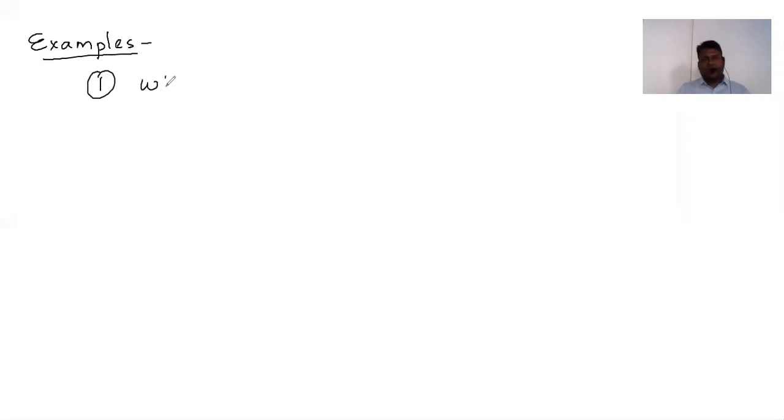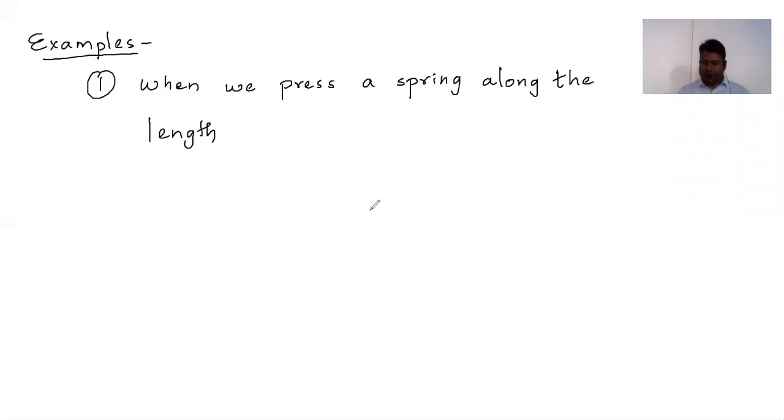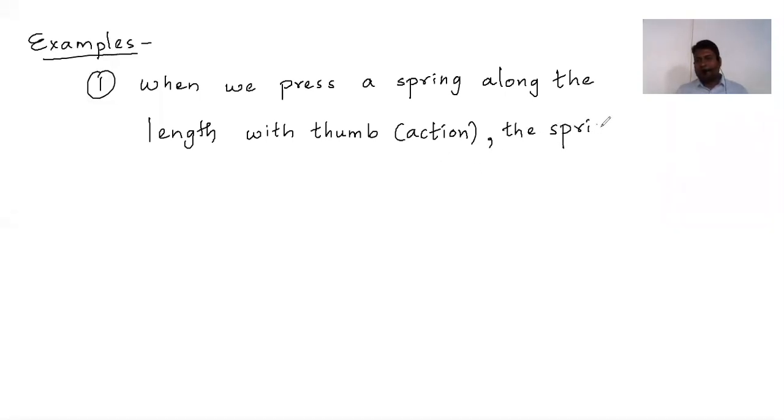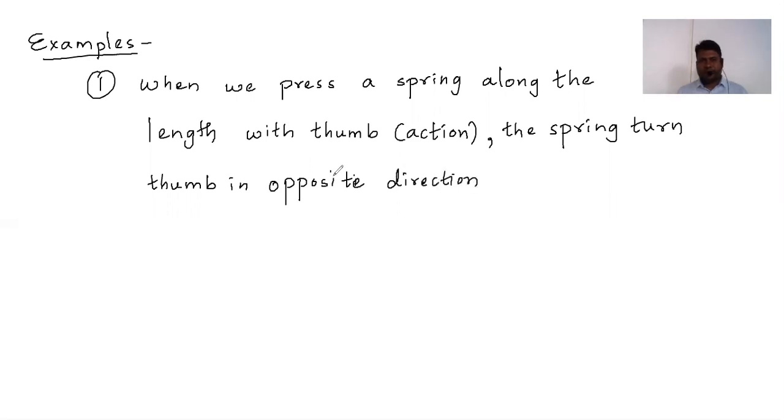So the first example: when we press a spring along the length with the thumb, this is called action force. So the spring turns the thumb in the opposite direction. This is called